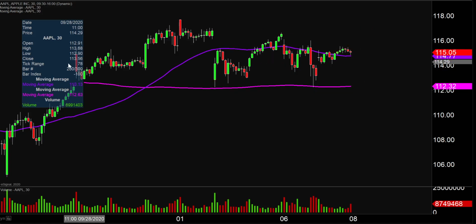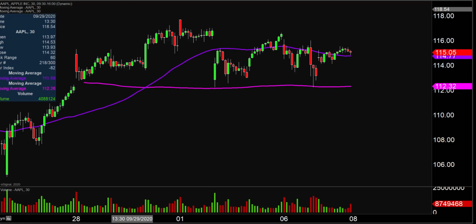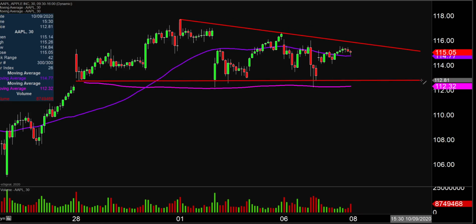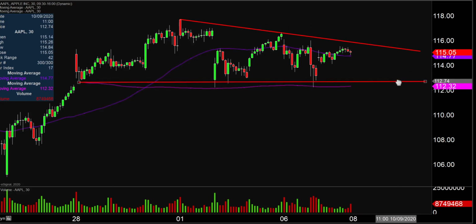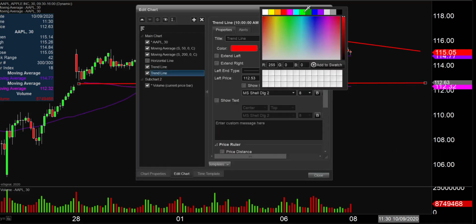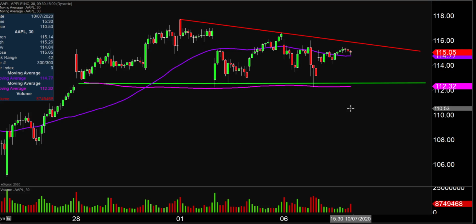In order to do that, what I want to get drawn up here and just focus on moving forward is more so this overall pattern that has taken place. This pattern right here has the trend line right there, and then the support portion of the pattern down here. And actually, let me change that to green to represent support. But this is really the main level and main overall pattern that matters the most,